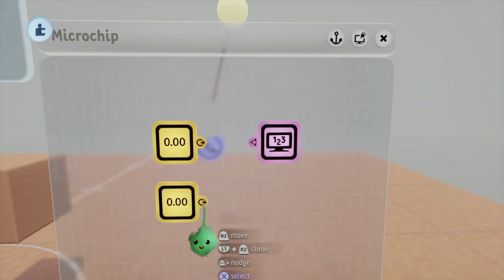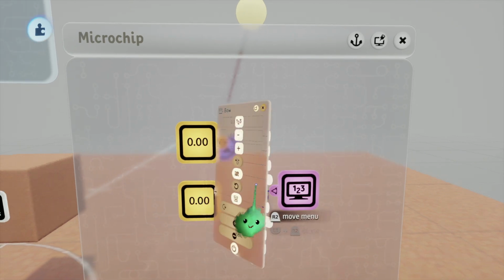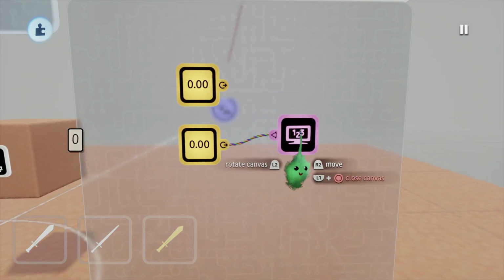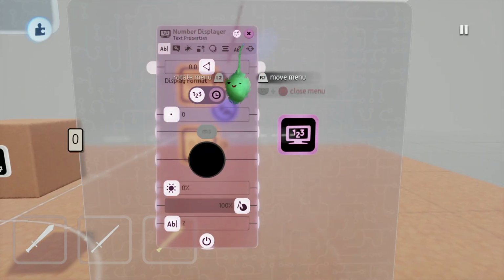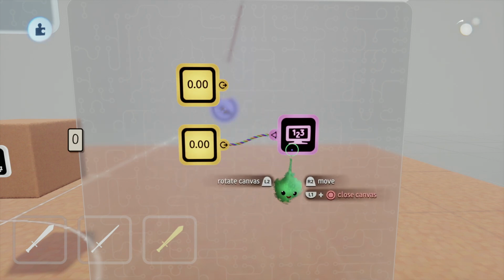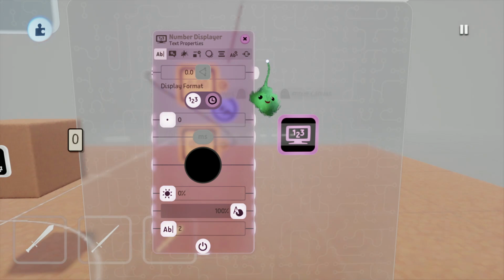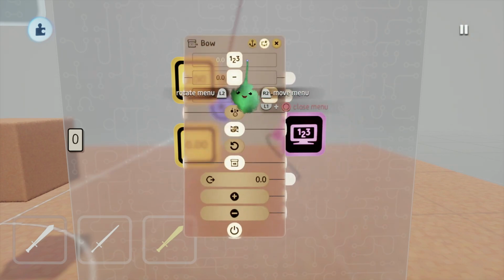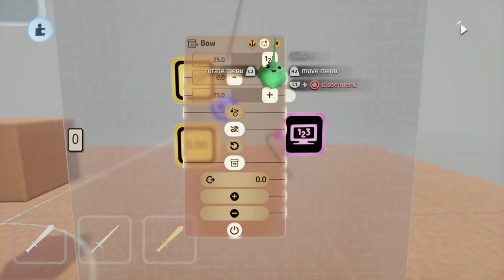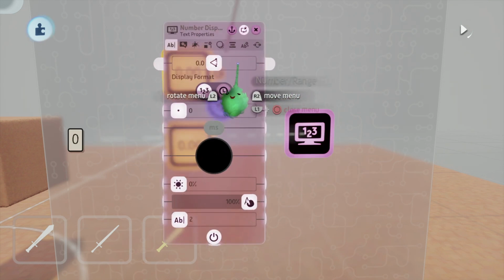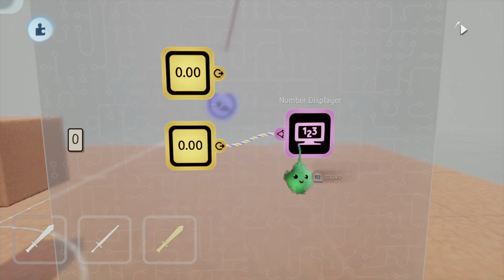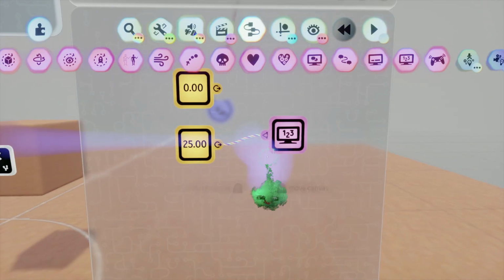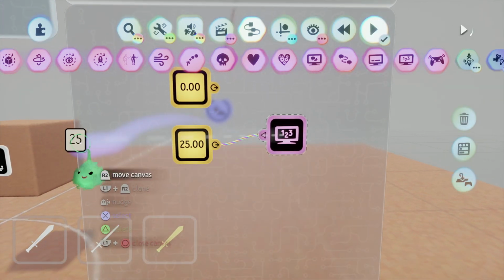Okay, so we're going to assume that this is the bow and its arrows or whatever. And we're going to set the maximum value to 25. And we may have to set this to 25. Alright. Still not working. Sometimes Dreams is odd to me. Current value. Alright, if we reverse this, it should work. There we go. 25. So, assume you have 25 arrows